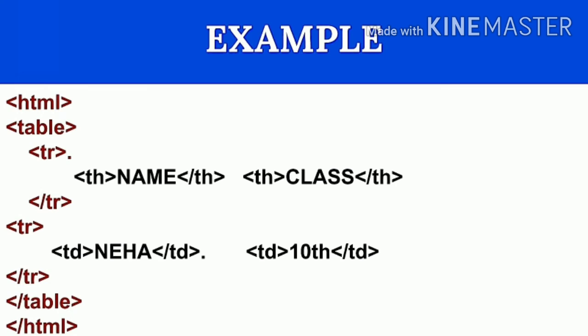You can see that in the heading I use name. So, in the first table data, I write the name of a person. In the second table heading, I use class. So, in the second row, I use the table data related to class. I write 10th class. So, you can get the idea that we have to write the table data related to the table headings we declare in the table row in the table tag.